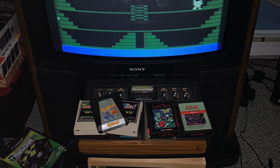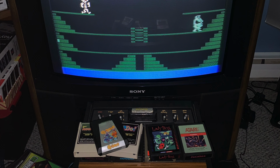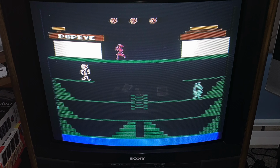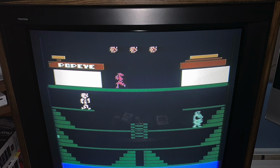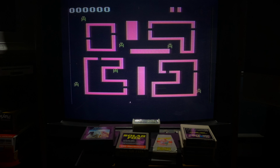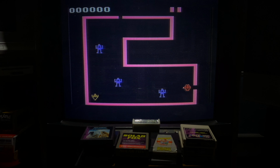And I told you in one of the last videos I was going to play on real hardware on a real TV and try and capture it, and that's what I'm going to do today. So you can see what this really looked like back in the day when you were playing an Atari. The sounds, the look off of CRT, so you really get that feel of what it was like back in